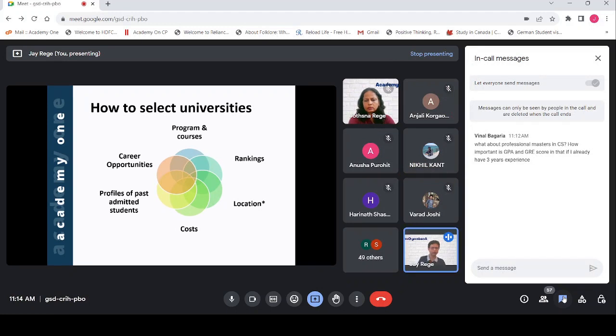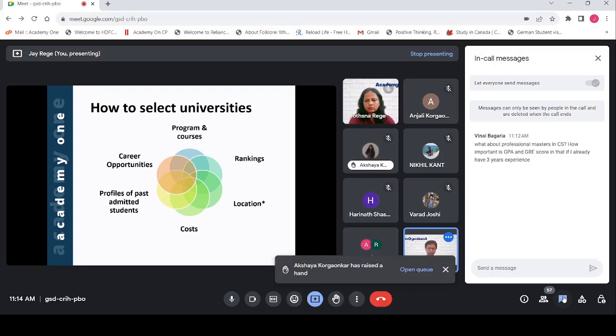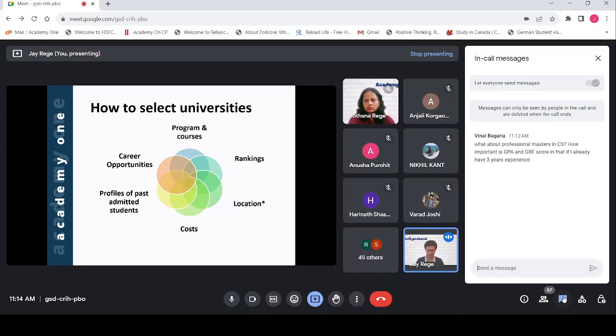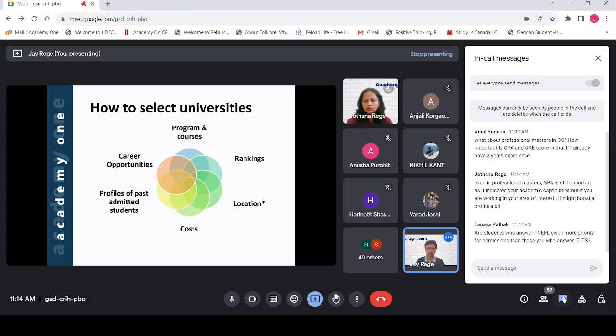Vinal, a question: what about professional masters in CS? Even in professional masters in CS, there are some programs, especially Irvine, Wisconsin Madison, UIUC. Yes, they prefer students with some work experience. Irvine in fact says that you should have at least 1 year of work experience. Some other programs also prefer students with some experience, but GPA is still important in those cases in the CS program. However,